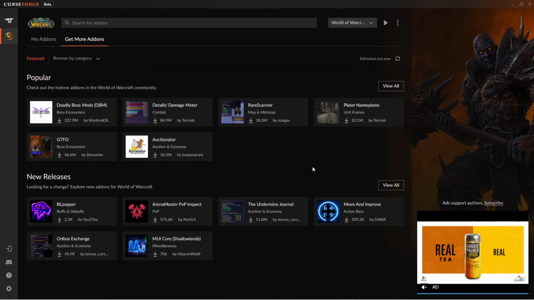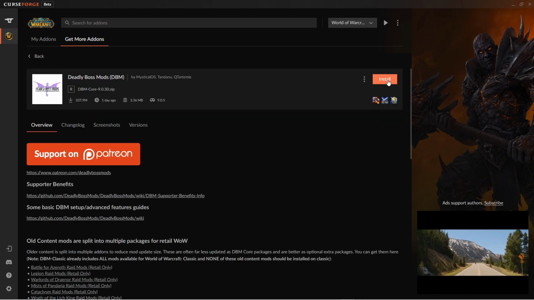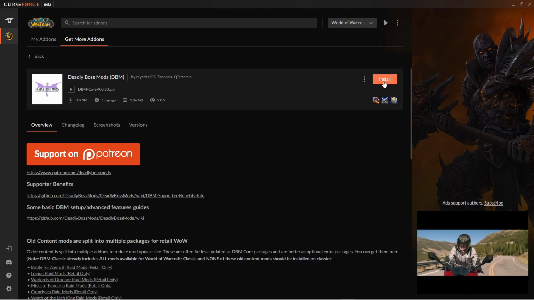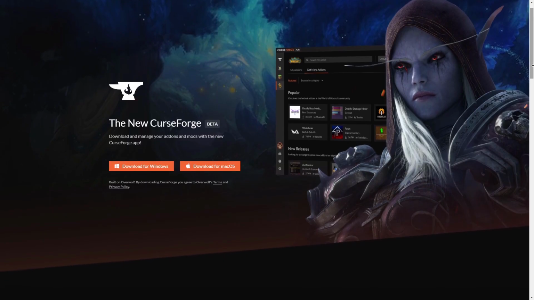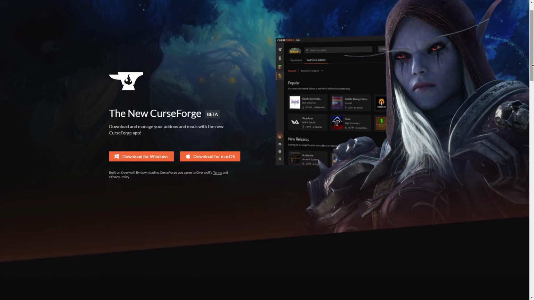I personally don't have strong feelings for or against Overwolf. Still, I choose to use other add-on managers because they're built by members of the community who are much more responsive to bugs and include more features. To get started with Overwolf, you can download a Windows or a Mac version from their website.